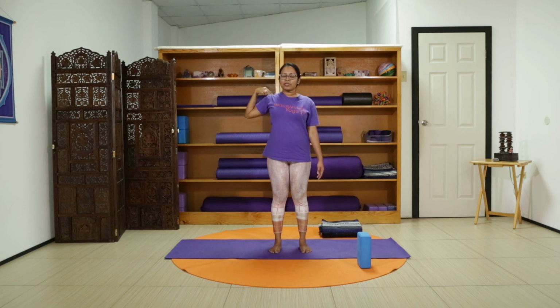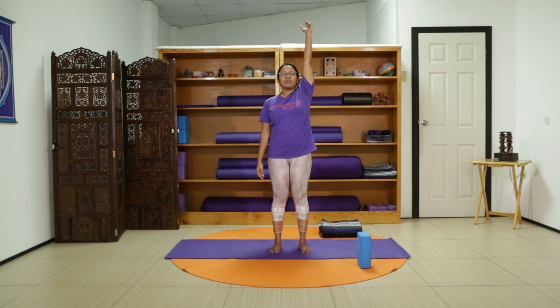Noticing how our shoulder, how our chest, how our body is feeling as we move. We'll go back one more time. Coming into center and circling forward. Coming into center, releasing that arm, shake it out. And we'll switch sides, taking our left arm up, reaching up, noticing how this side feels compared to our right